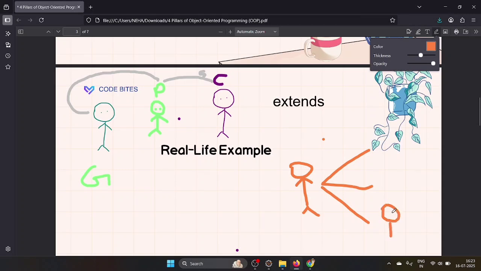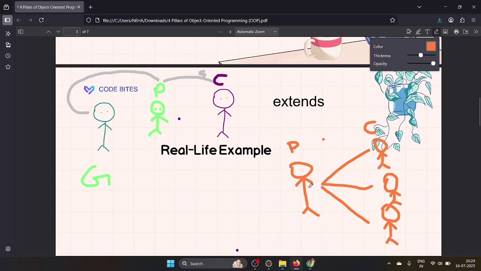See here. Let's take this is a parent, and here are the children, you can see that.